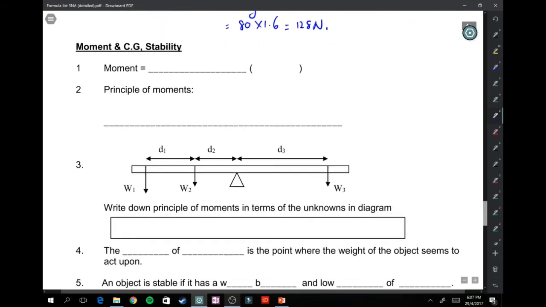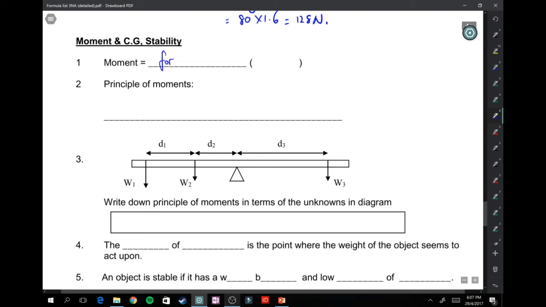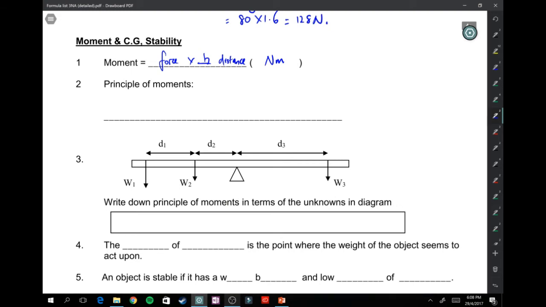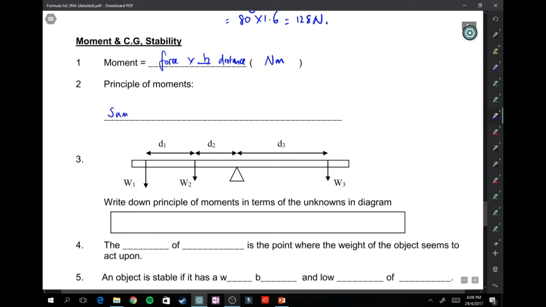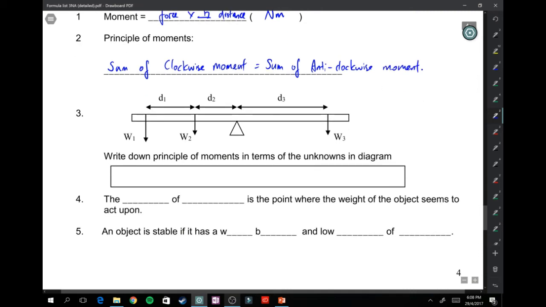And last part, moments. Moments equals force times perpendicular distance. And the SI unit is Newton meter. The principle of moments states that the sum of clockwise moments equals the sum of anti-clockwise moments. And looking at this example, because of the word sum, first we need to identify,